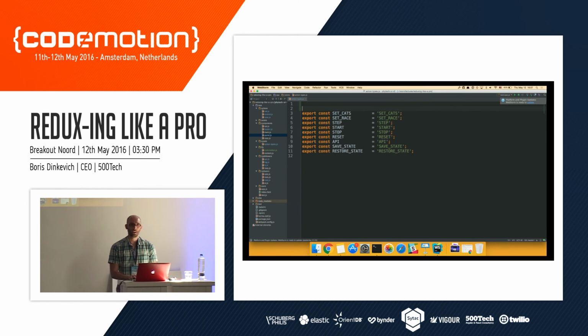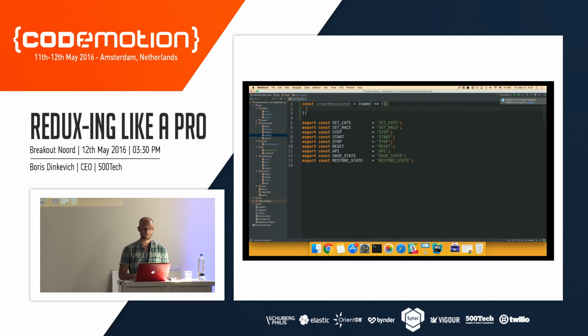Usually it's just simple names. I'm going to do something a bit weirder. I'm going to create a function that's called createAsyncConst. It's going to receive a name and return an object that has pending,